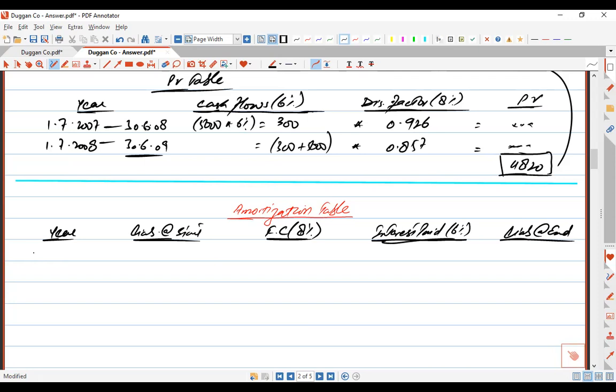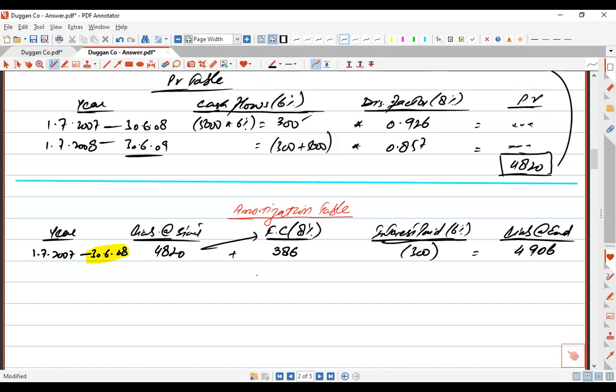We are not going to continue the table for 2 years, because our relevant year end date is 30th June 2008, and these loan notes were issued on 1st July 2007, so the first year end date is 30th June 2008. To the extent of this date, it will serve our purpose. Initial liability at start we calculated as 4820. This 4820 multiplied by 8% is 386, and deducting the actual cash paid, that is 300, as you are paying cash for each year's interest. So 4820 plus 386 minus 300, the closing liability would be 4906.